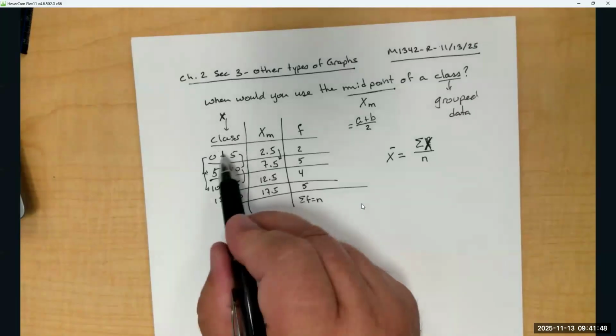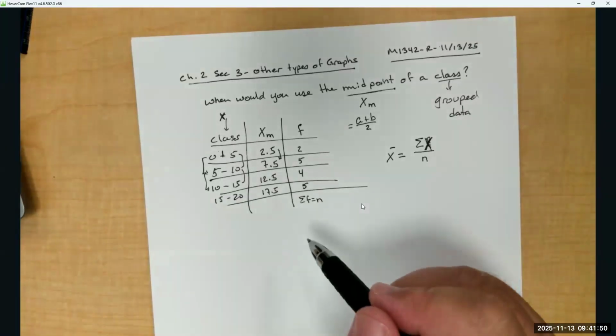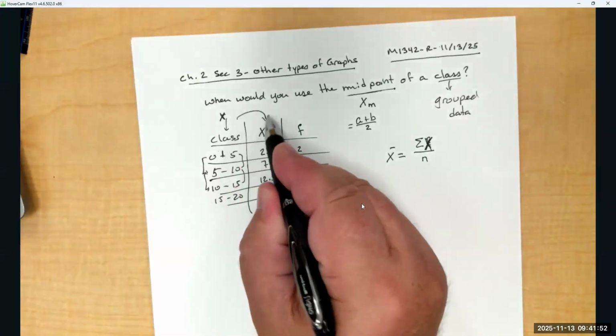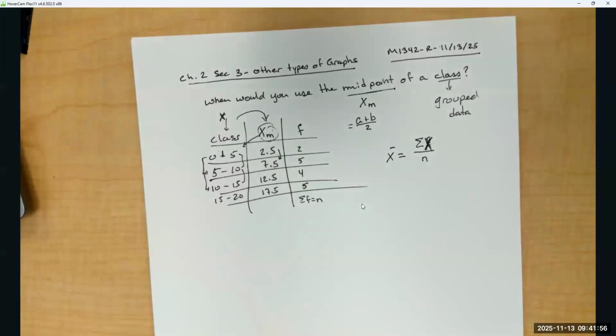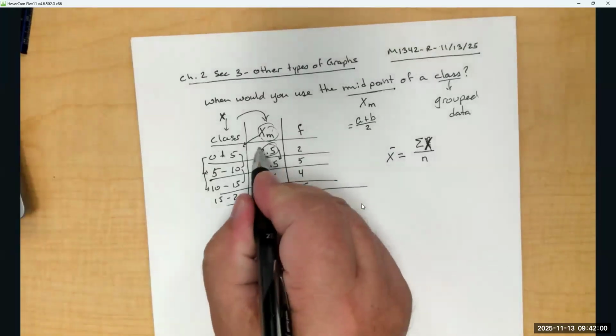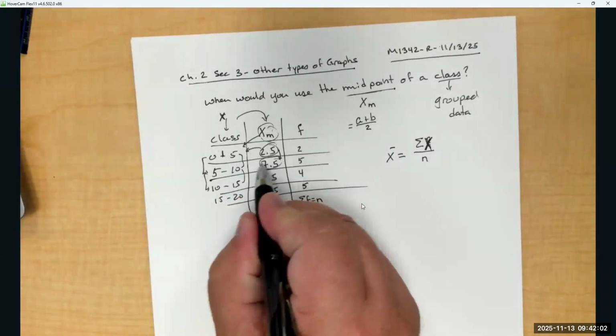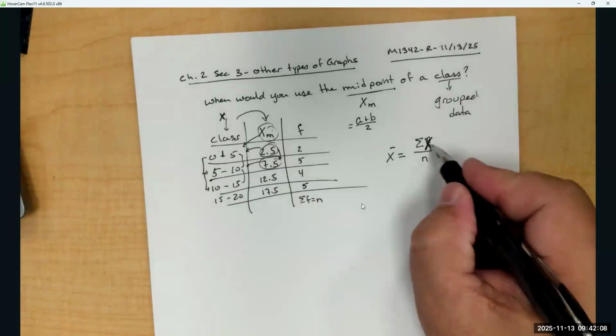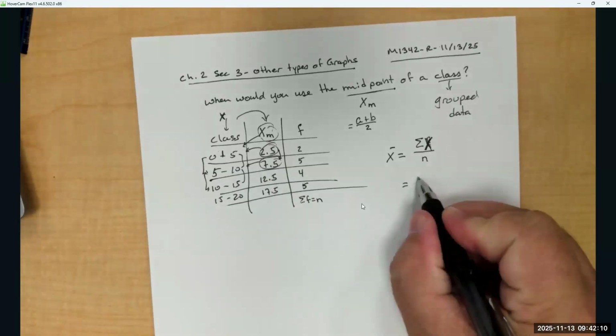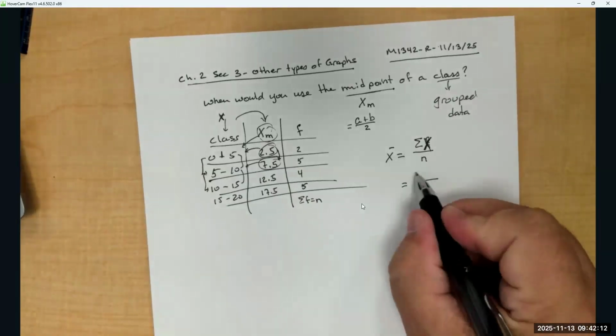You can't put 0 and 5 in there. That's why you use the midpoint. This midpoint represents each of those classes. So this midpoint is representative of that class. This one is that class. Because this formula says to find the mean,